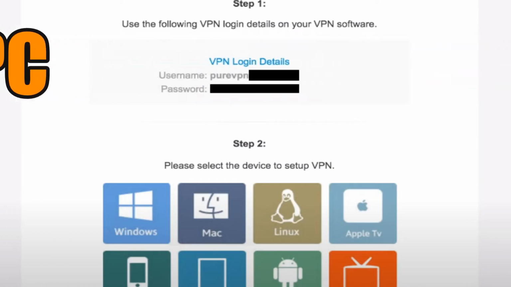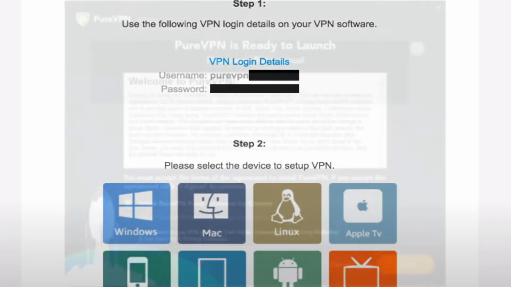So within that email, you'll have your username as well as your password. And right there where you see step number 2, you'll actually have the option where you can select your device. You have the Windows, the Linux, Mac, and the others there for you. And let's just say that you have a Windows computer. You'd click on the Windows icon and then it would download. And then what you would need to do is you would double click on the file that it downloaded and it will open up into this window.